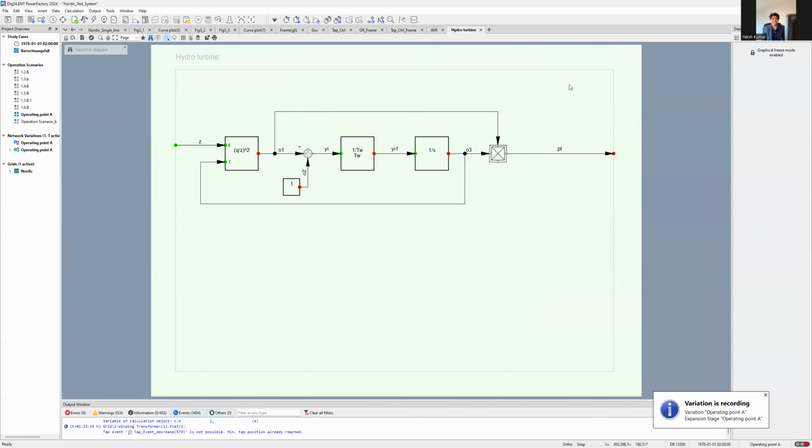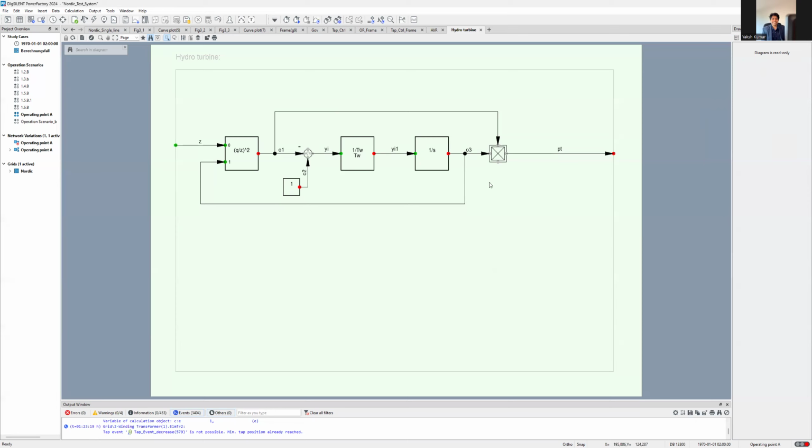These are the dynamic models, or we can say control diagrams, and these are the inputs and outputs and some macros. Here you can see this diagram is read only